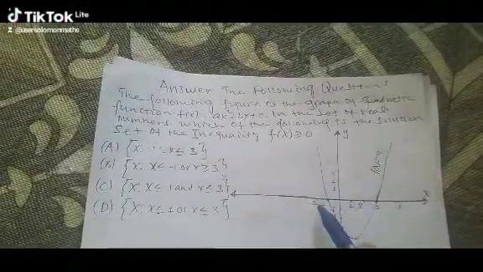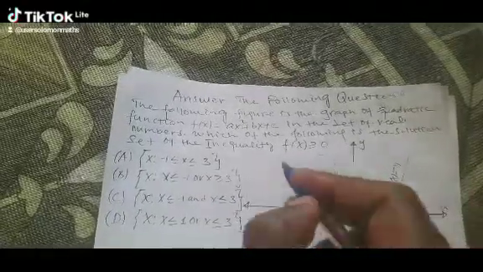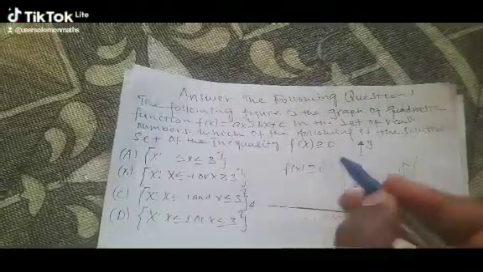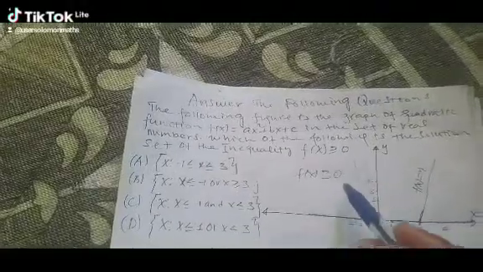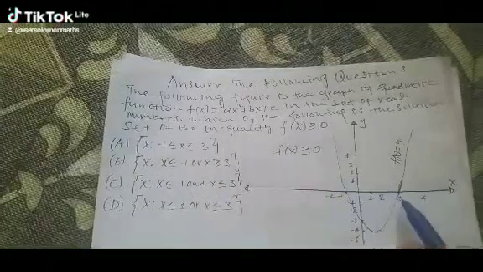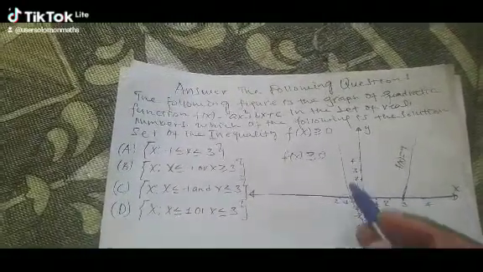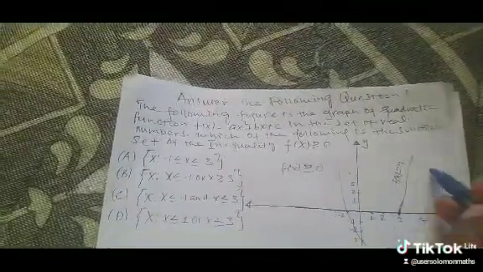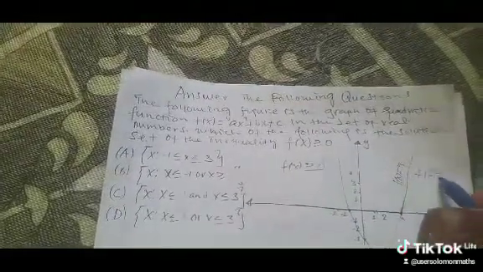Look, for x less than -1, the behavior of the graph. For x less than -1, our f of x is greater than or equal to 0. This region. From negative infinity up to -1, the graph is greater than or equal to 0. Again, look, between -1 and 3, the graph is negative. The graph is below. It is negative. So again, from 3 up to positive infinity, this region. From 3 up to positive infinity, again our f of x is greater than or equal to 0.